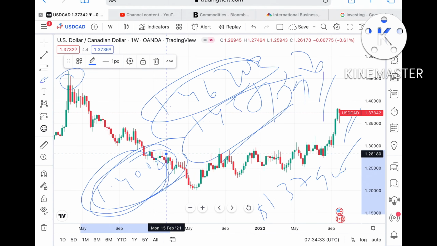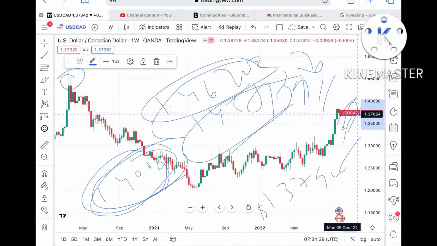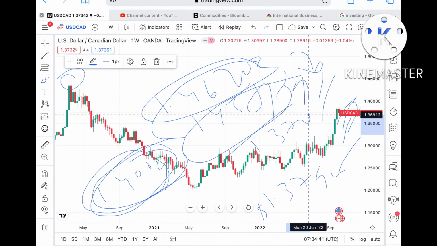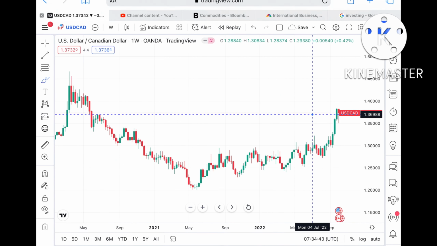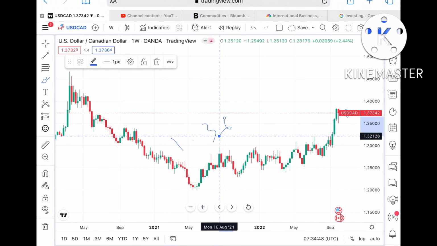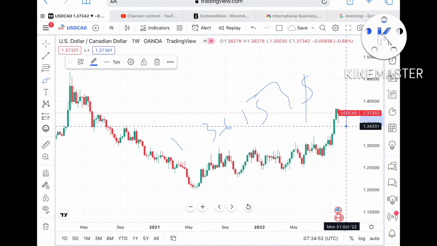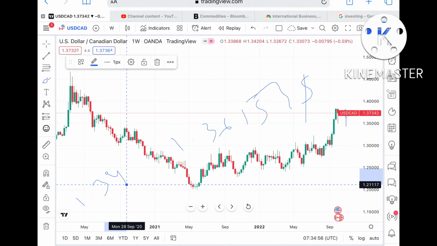Okay, so now if the price doesn't sustain this particular level, then we can see it can move further low towards the next support that is coming at around $1.37026. Okay, and from there we can see it can move further low towards a level of $1.36553. Okay, and if the price doesn't sustain that particular level also, then there is a higher probability that we can see it can move further low towards a level of